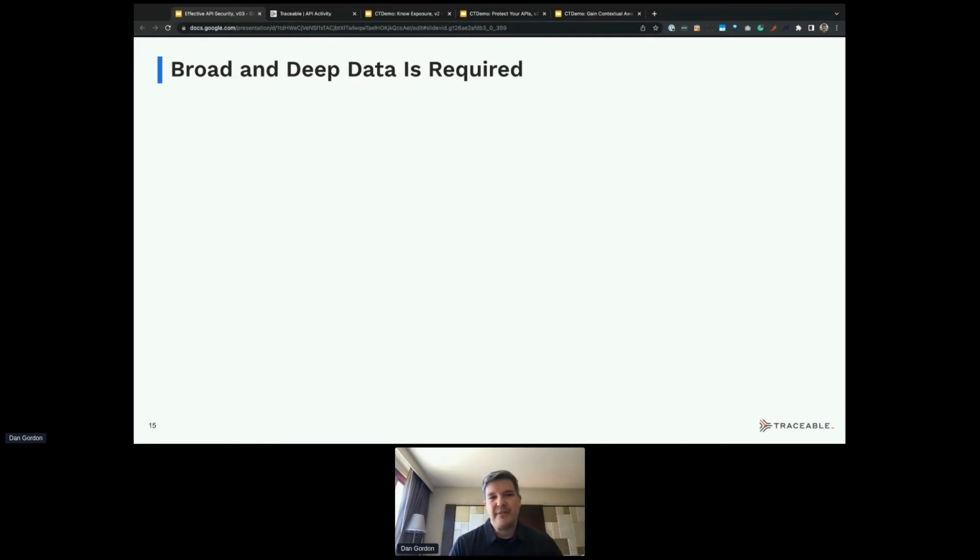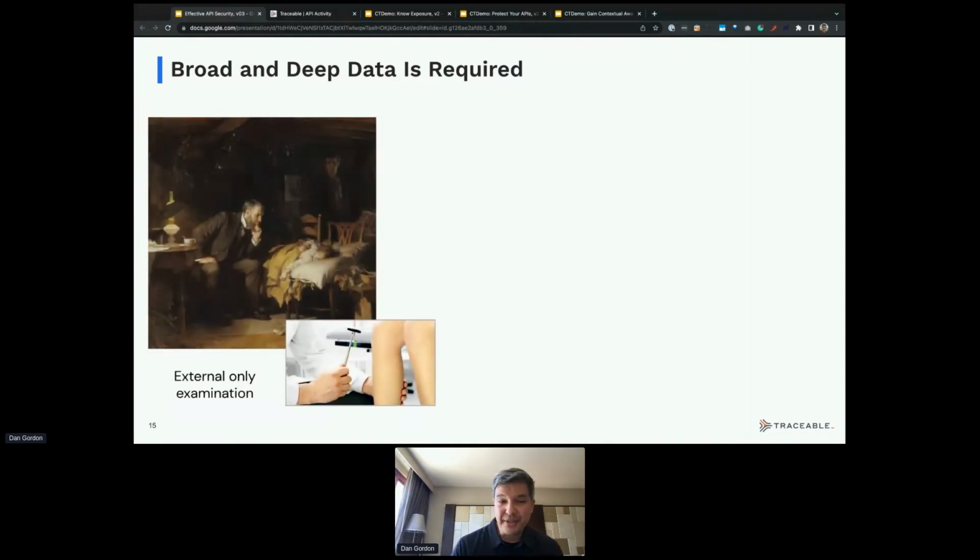Who in this picture here on the slide I'm about to show you do you think is more likely to find the deeper, hidden, complex problems? Our colonial doctor who can take the temperature and look at the patient, maybe hit the knees, feel the forehead, tickle them a little bit. Not a lot at their disposal back in those days.